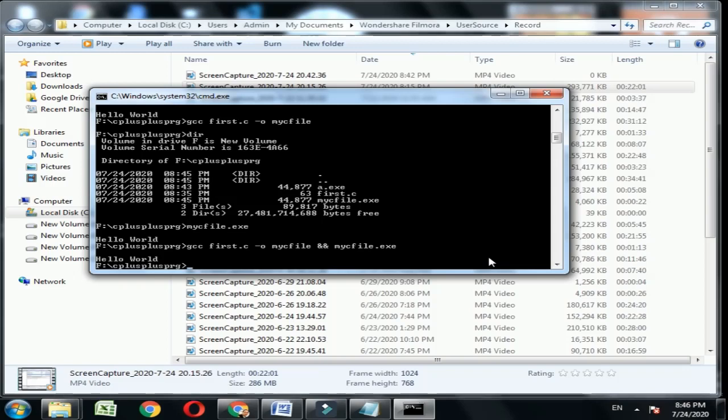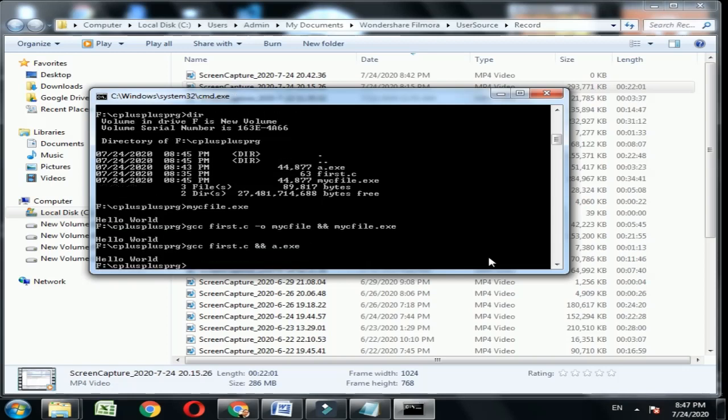You can choose another option like gcc first.c ampersand a.exe, because every time we compile our C program, the output will be stored in a.exe. So by compiling one program and then writing a.exe to get the output, we are combining both the commands, and if we write like this, the output will appear.